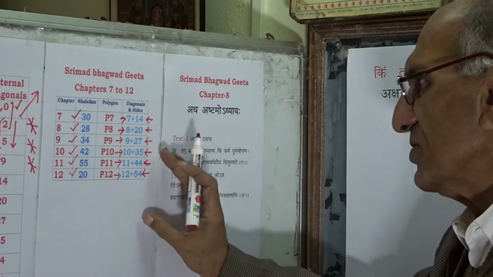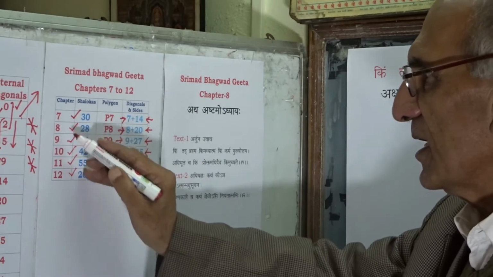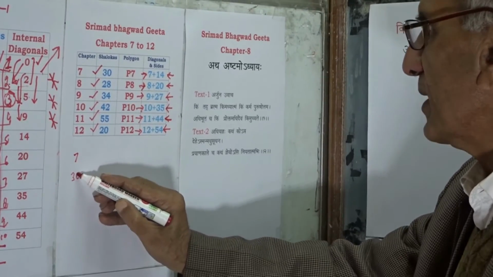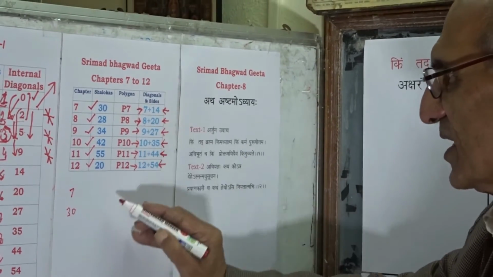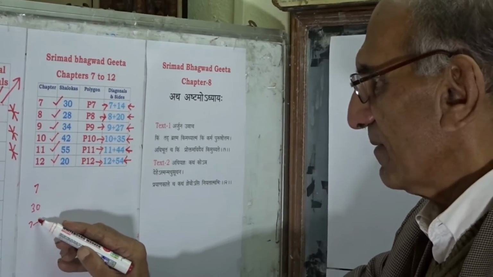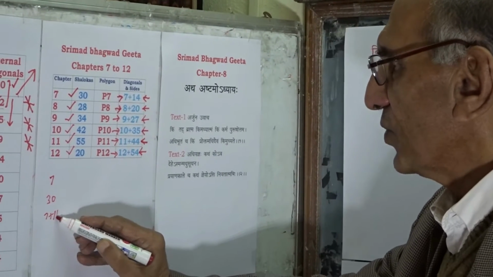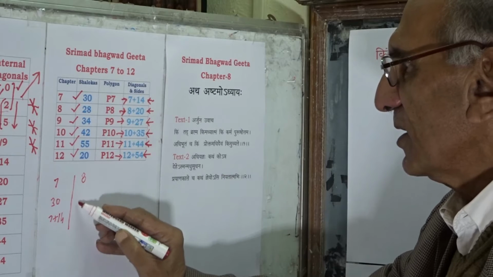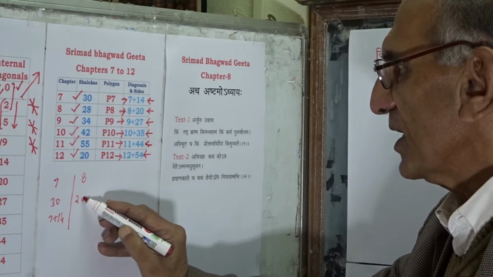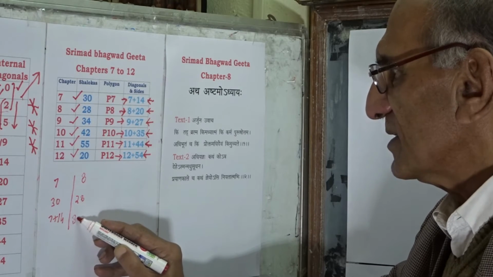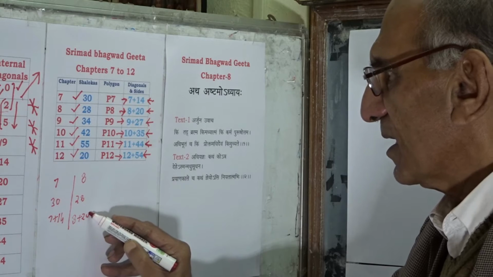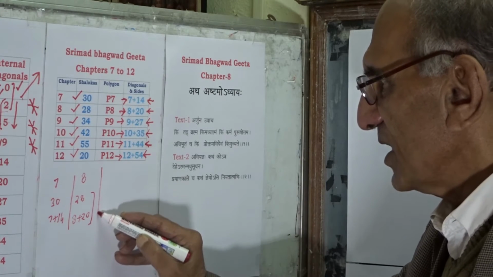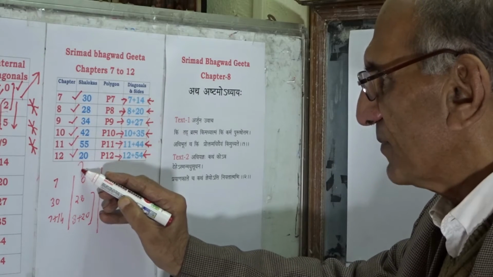Let us see that in case of 7, we are having 30 shlokas. However, the number of sides and diagonals is 7 plus 14. In case of 8, we are having 28 shlokas range, and here number of sides and number of internal diagonals as well are 28. Therefore, let us have a pause here and see that when we reach at chapter 8,